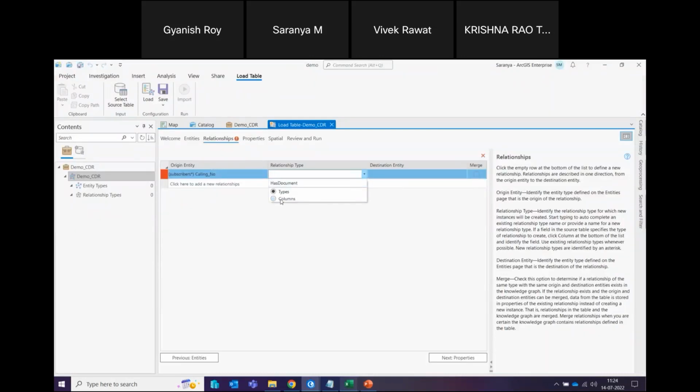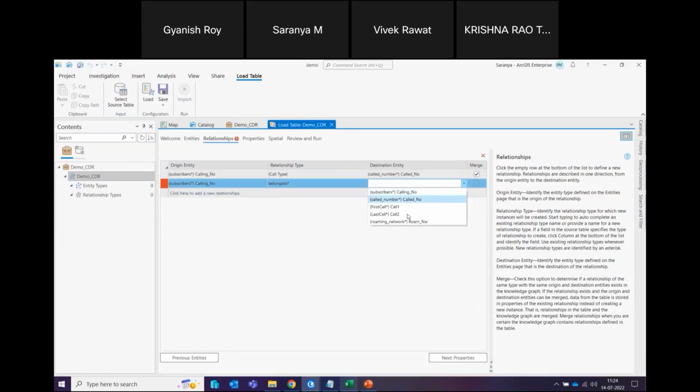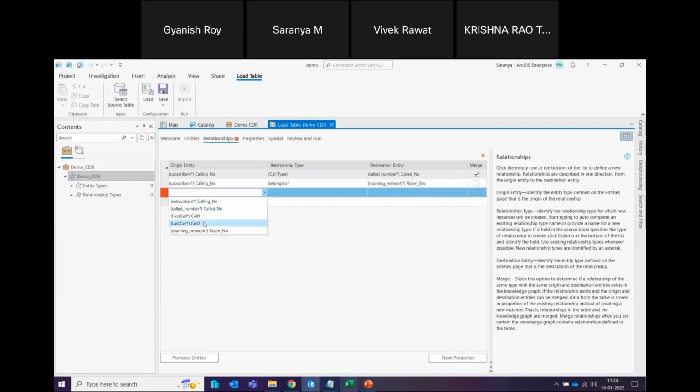I can select a column and select call type. And my destination is call number. You can also create relationships like my subscriber belongs to roaming network. Subscriber has